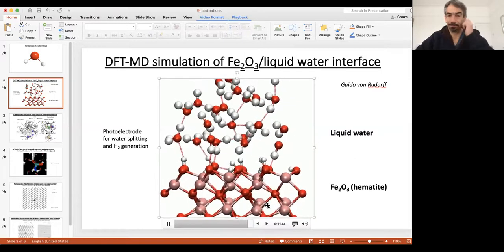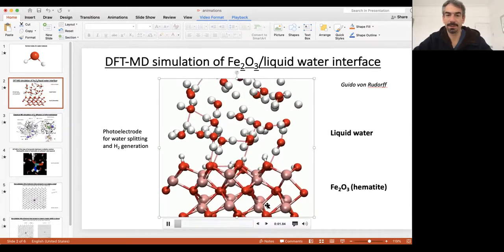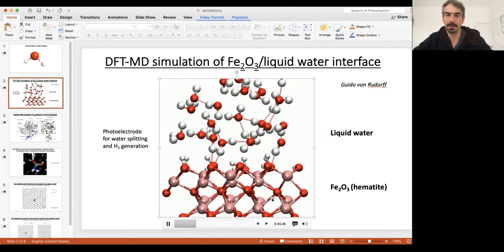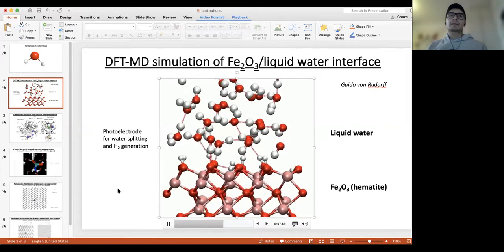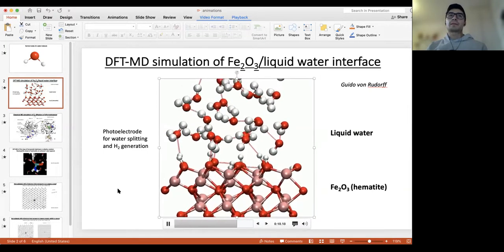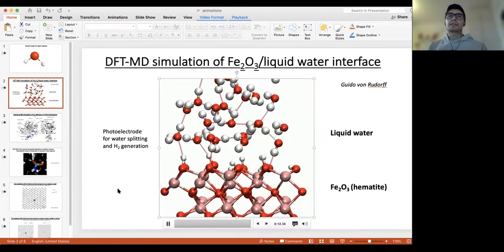Okay, are there any questions on this? No. I have a question. How big are these simulations in terms of how many molecules are there? Yeah, so